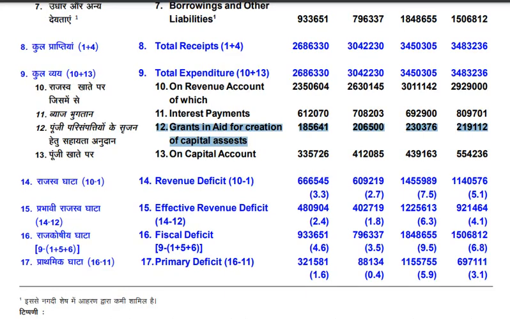So normally the central government gives some grants to the state governments. The expenditure as grants is a revenue expenditure for the central government, whereas grants are a capital expenditure for the state government. So indirectly capital assets are being created within a country. So the effective revenue deficit for the government would be